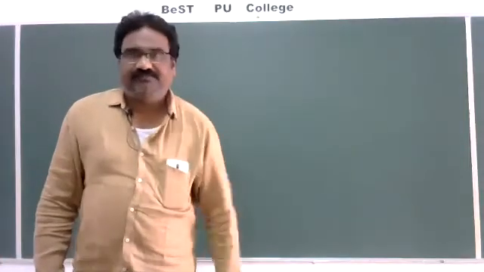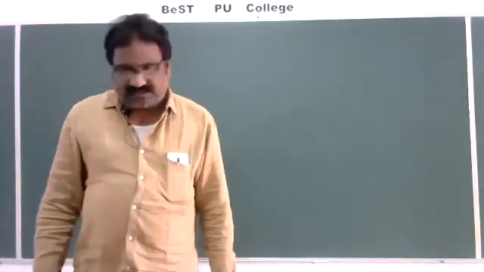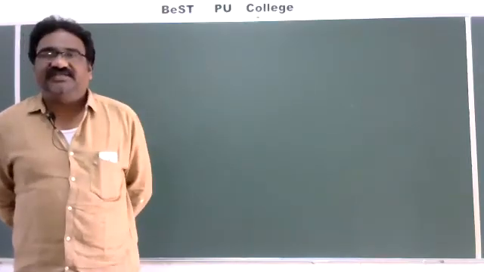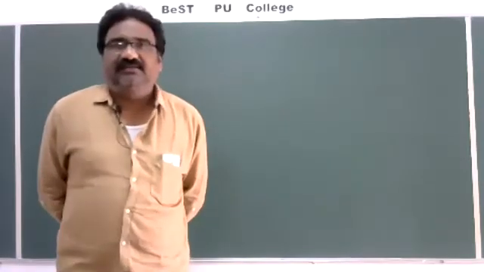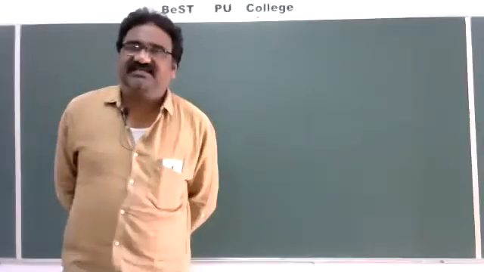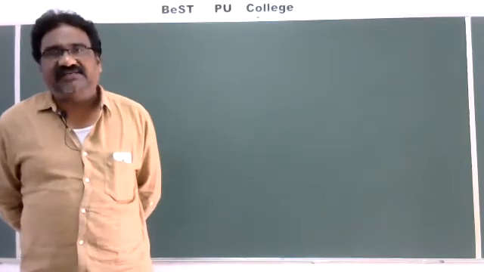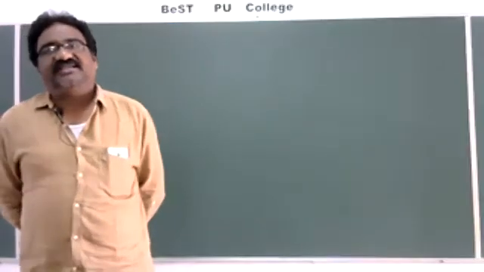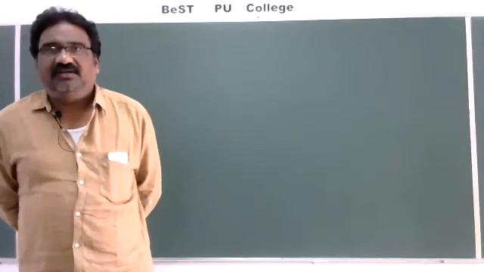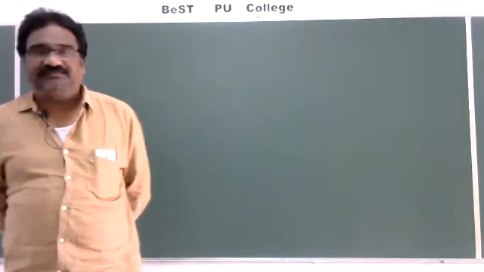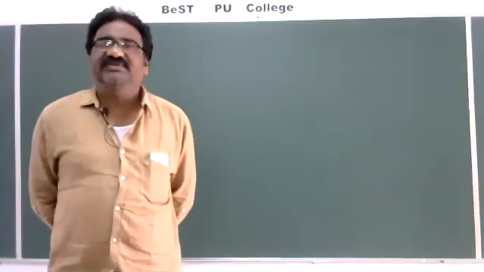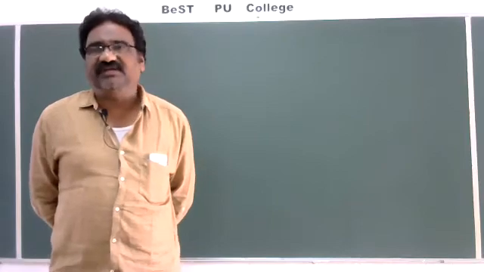Good morning, students. Yesterday, we discussed the inverse of a square matrix, and if the inverse of a square matrix exists, that inverse is unique. I discussed a small theorem on the uniqueness of the inverse matrix, and also the important theorem that (AB) whole inverse is equal to B inverse into A inverse.